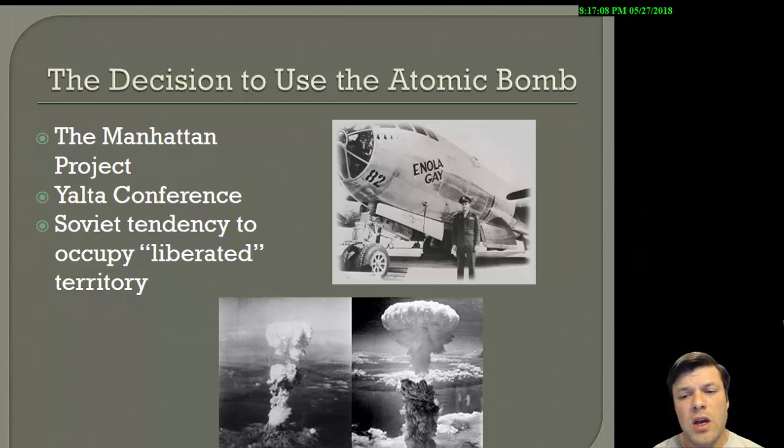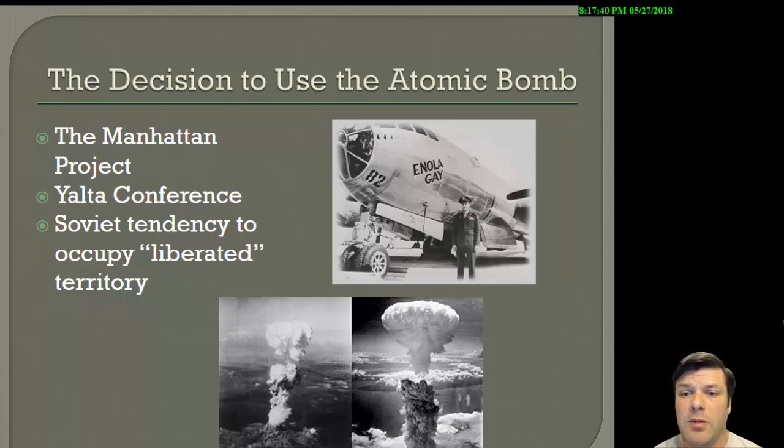What we are going to say to Japan after we've successfully tested one of these bombs is we're going to tell them to surrender unconditionally or face utter annihilation. And they refused. And so what we do is we use the Enola Gay there. You're looking at that on the screen. We fly the Enola Gay over Hiroshima and we drop the first ever nuclear bomb in world history.